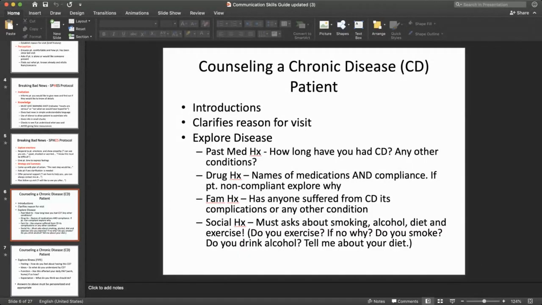Remember that chronic diseases often exist in the form of a syndrome, like the metabolic syndrome, where if you're hypertensive or diabetic or vice versa, then you're likely to have a number of other comorbidities, including things like dyslipidemia, central obesity, insulin resistance, overweight, hyperuricemia, and so on. And so you need to ask about the presence or absence of other comorbidities, and especially the duration of that particular chronic disease. In terms of your drug history,